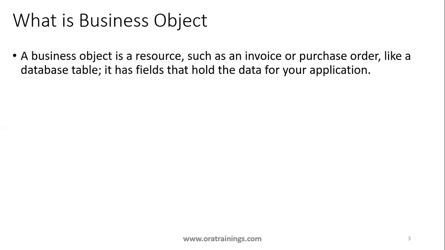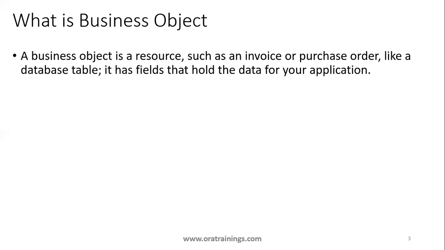Records will have a set of fields, each field has a data type, and each field holds a value. So we use a database table for the purpose of storing data. Similarly, a business object is kind of a table in VBCS, which we use for storing data. In VBCS, we cannot write a direct SQL query. The only way your VBCS application can store data is in the business object.